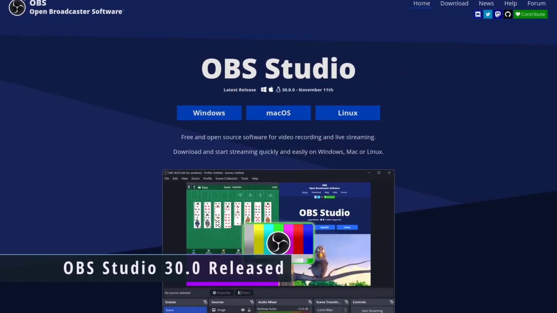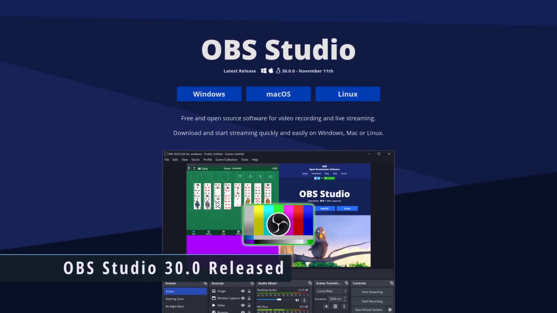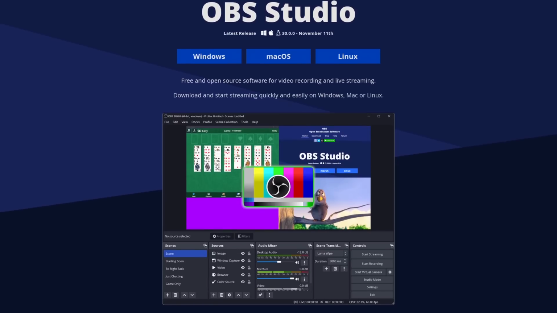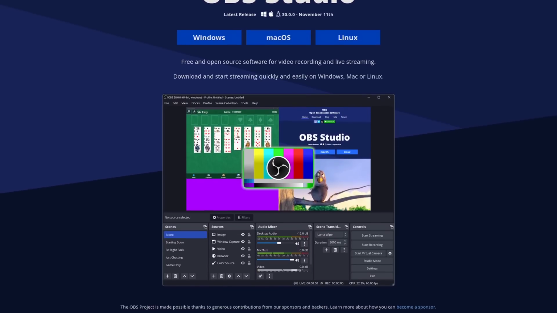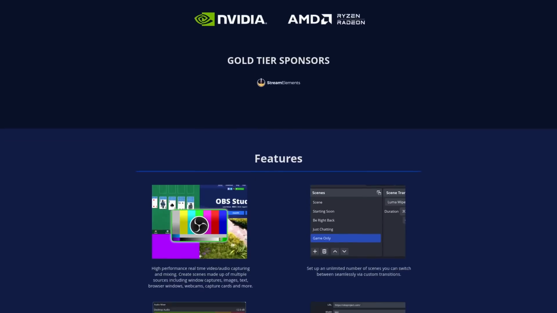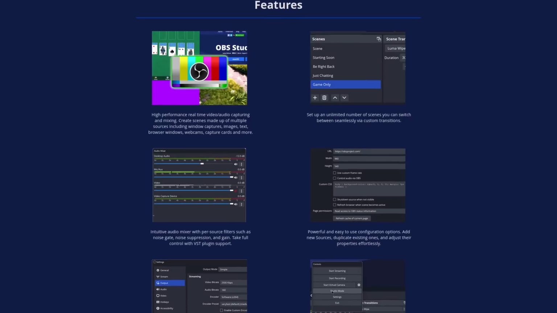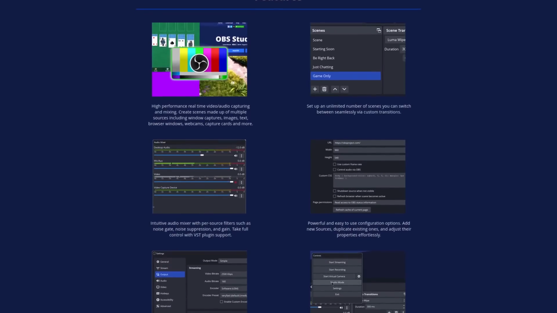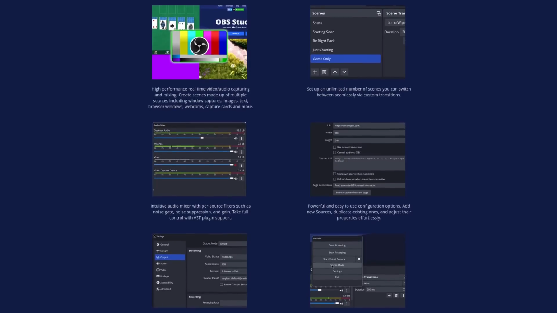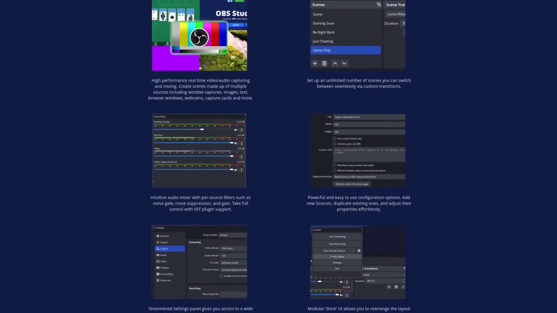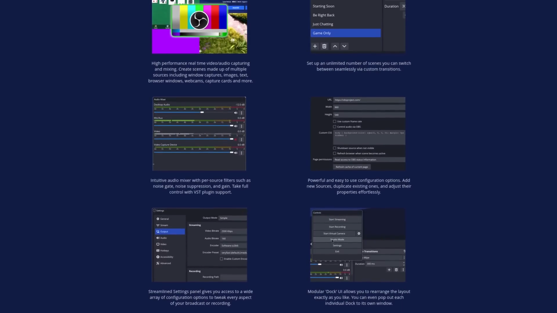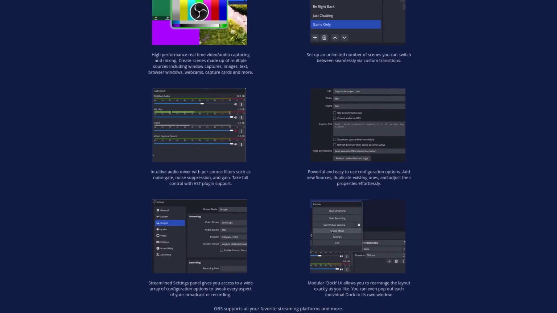The OBS team have announced the latest release, OBS Studio 30. For those who are not familiar, OBS is the Open Broadcaster Software project, which makes OBS Studio, which is fantastic for screen capturing and streaming on Twitch and YouTube and all that sort of stuff. It is a fantastic project, and I am currently using it right now for recording this episode, as I do with pretty much every episode. So this is a very important project for me, but also it could be very important for a lot of people because it can be used in so many different ways.